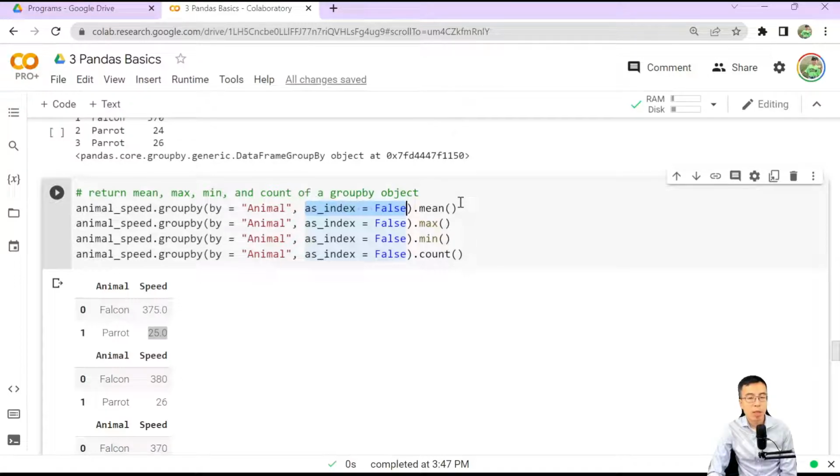You can also calculate the maximum, minimum speed by animal species as well. And you can also count the number of non-missing values by animal species. And you may notice that I use the as index equals false argument because by default, the as index argument equals true, so that if you use the group by command, the group by command is going to replace the